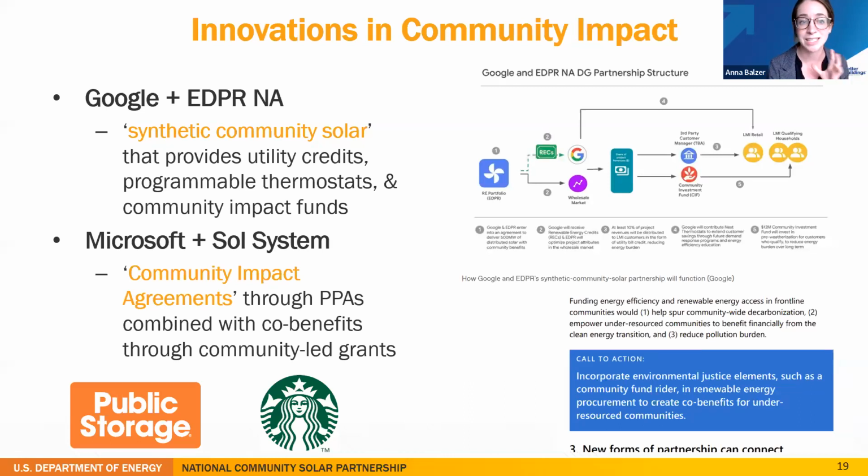If you remember that map, that's an area that doesn't have a lot of enabling legislation. And they're using the energy generated to power their data centers, but also structuring these projects so that 10% of the money that's made by producing this power is provided as payments to participating low-income households. This is a really innovative model. They're not actually providing these on utility bills. They're doing it in a really creative way, but it's helping them both meet their goals and provide real benefits